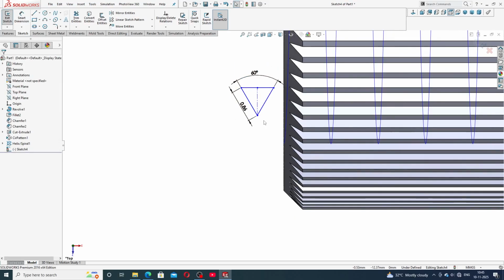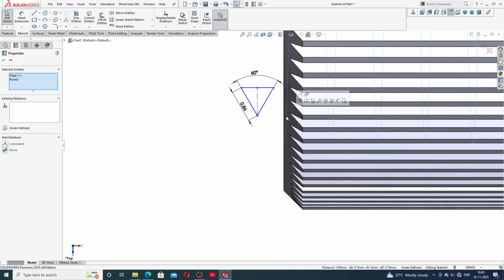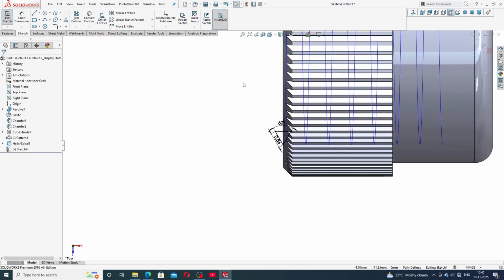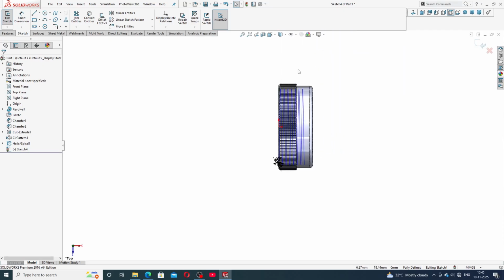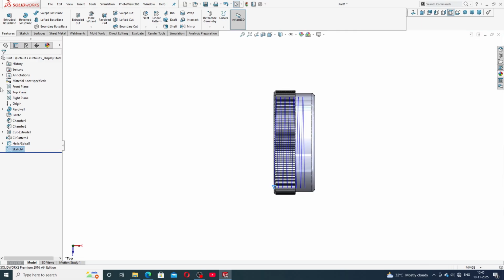Okay, and select this point and press the control button, this path is selected, and going to this pierce, okay, all is perfect, and exit,